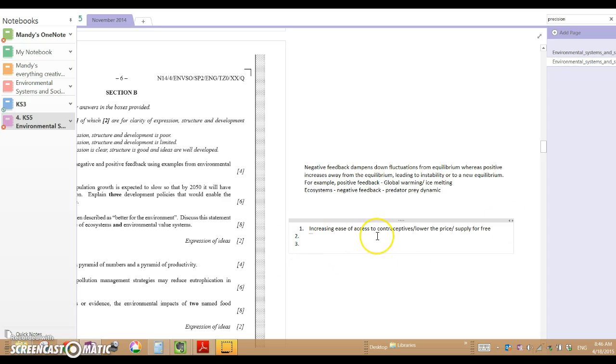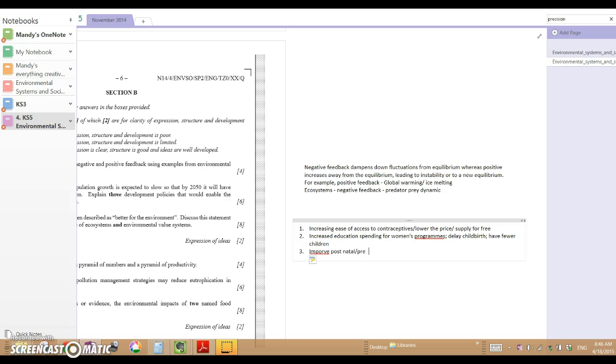Okay, another development policy could be like increased education spending for women's programs. So we know that as women become more educated, they either delay childbirth till they're older, have fewer children, or even opt not to have children at all. Okay, and then a third developmental policy, if we improve